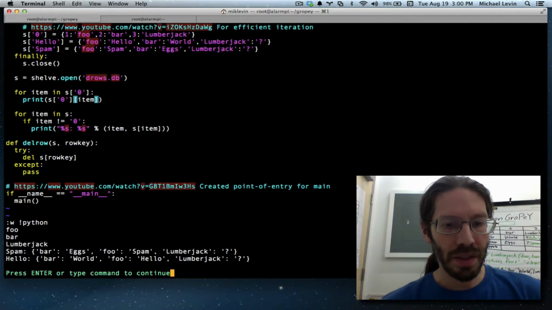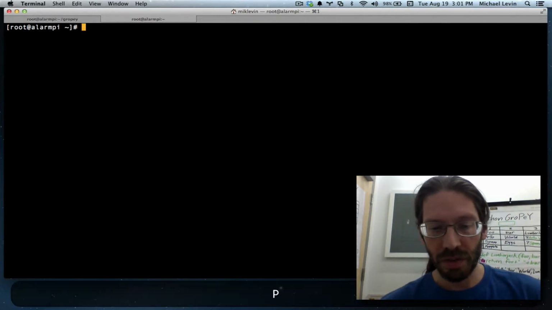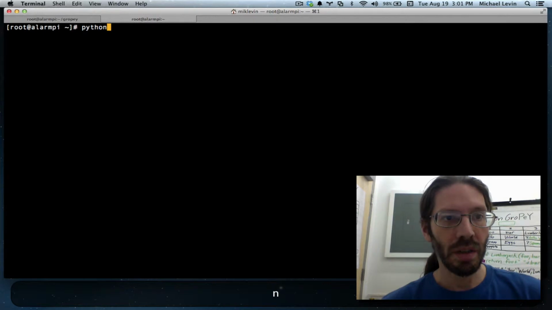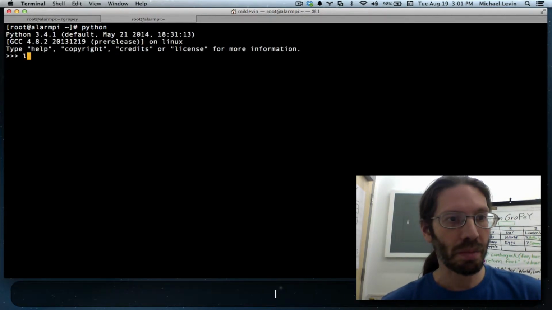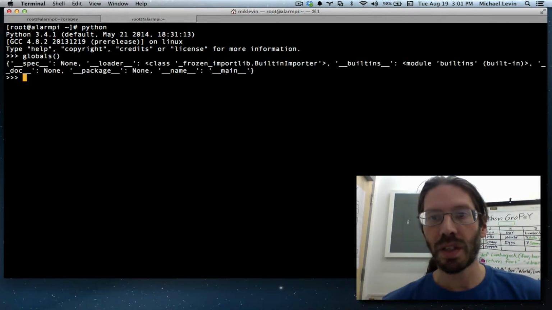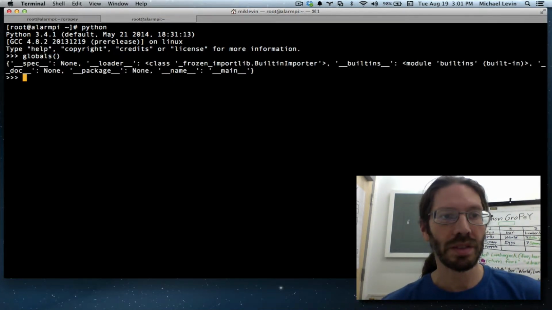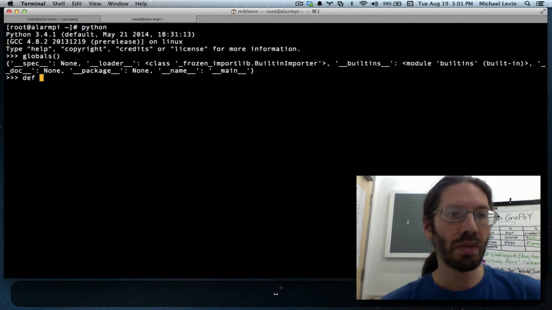Now here's the interesting thing, and this is why I have this second tab opened here. I want to show you the globals object. So first we just go into the interactive Python environment, and I can just type globals, and it will show me a bunch of stuff that's in there as global values. And it so happens that when you define a new function,